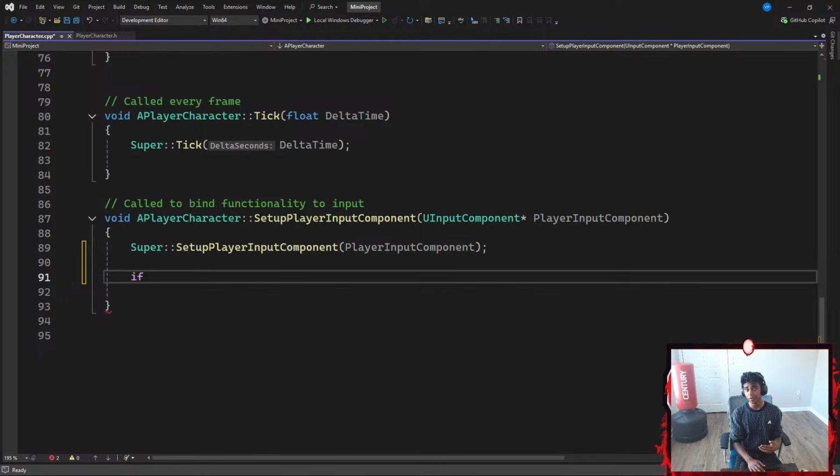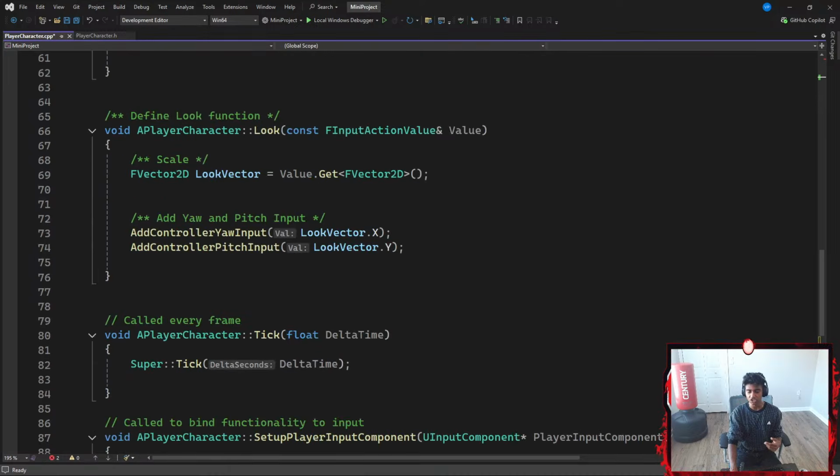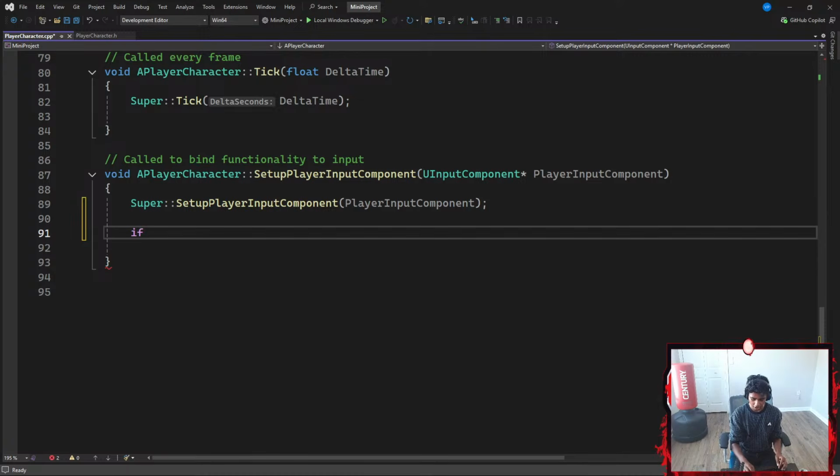First thing that we have to do to actually bind something in Unreal Engine is make sure that we have our enhanced input component included, because we will be needing it. So I'm going to go with something like: if my UEnhancedInputComponent, which is going to be represented by a pointer called EIC, short form for enhanced input component, is equal to, let's say,